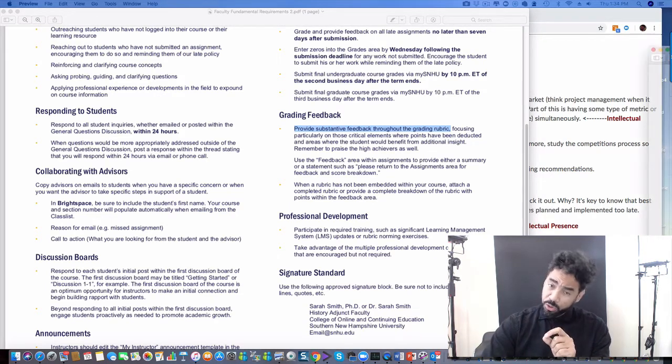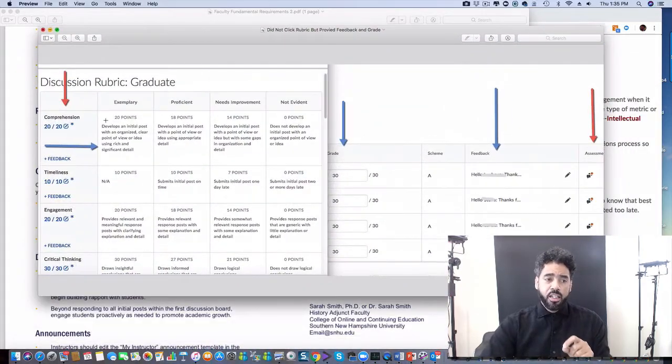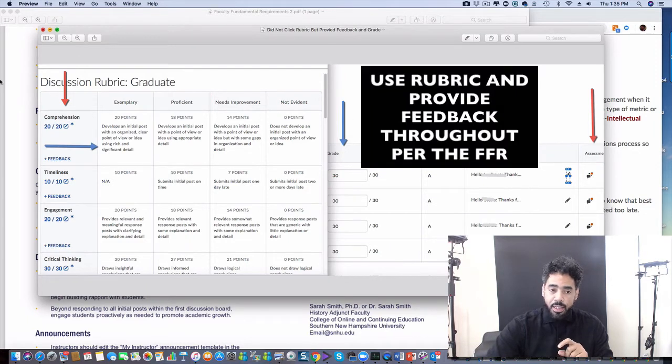Sometimes we don't always use the rubric. And I'll give you an example of what that's like. Here, the instructor gave a score, gave feedback, basically clicked on this right here and gave feedback, and did not actually use the rubric. So if you're not actually using a rubric here, like clicking these domains right here, this